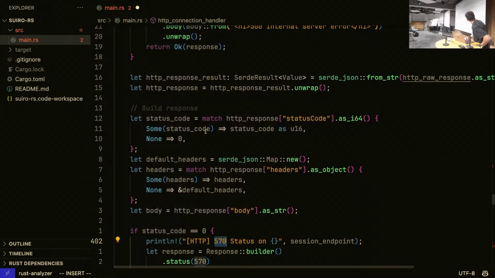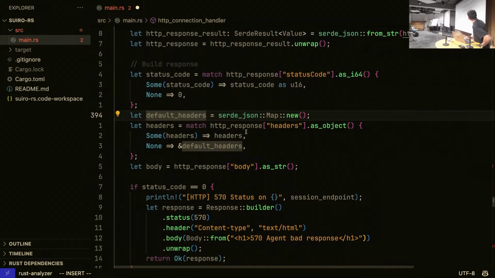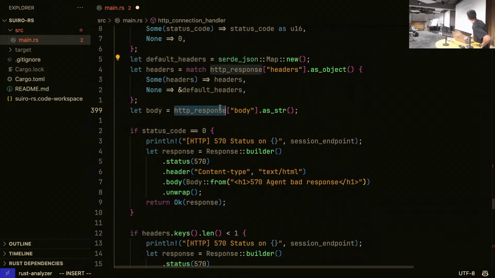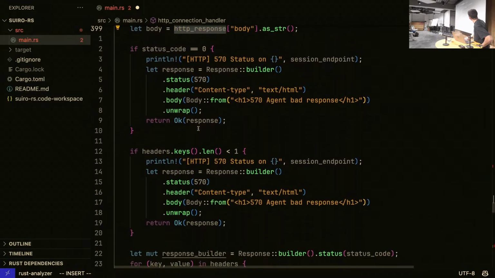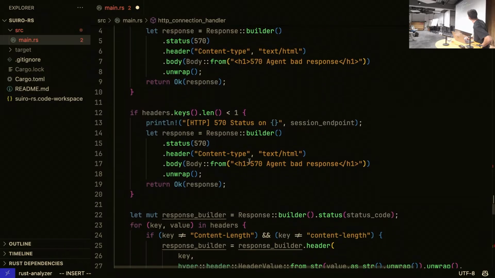Entonces, seguimos aquí en los headers, obtenemos los headers. Si existen los headers, los obtenemos como object. Y si no, le pasamos los default headers, que es un mapa object. Y del body, lo que hacemos es obtener el body, básicamente. Aquí abajo ya hemos visto cómo se maneja el status, y aquí vamos a ver con los headers,